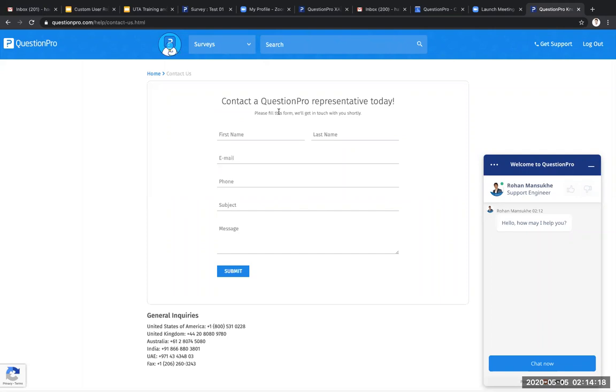The third level of support is that you can send an email to edu@questionpro.com, and that email is monitored and managed by most of the customer success managers as well as myself. So if there's anything that needs to be escalated, or probably needs to be assigned or managed with a complex query that needs